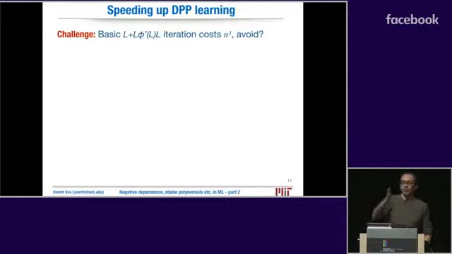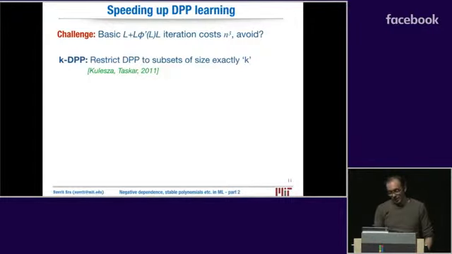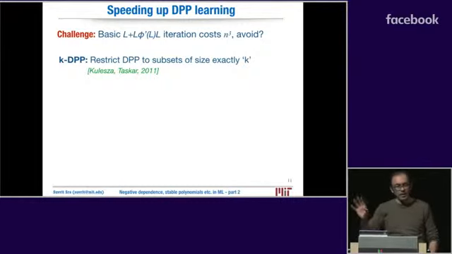Paper 1, paper 2, paper 3. I mean, you can do all of them in one paper if you want, but you can also do it separately. But what that means is you make some sacrifices to the model, right? And then you can scale up. So one of those is the KDPP, where you restrict to only sample subsets of size exactly k. Then the iteration can be sped up,